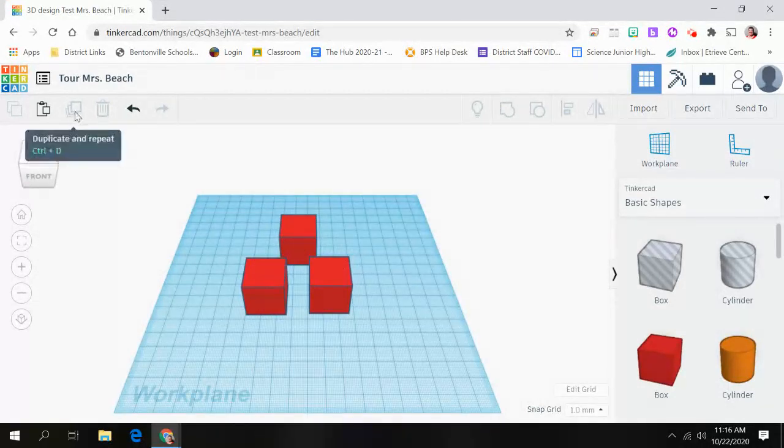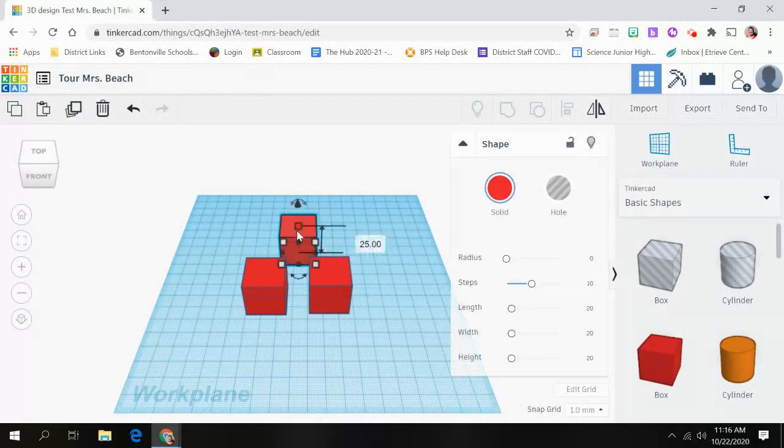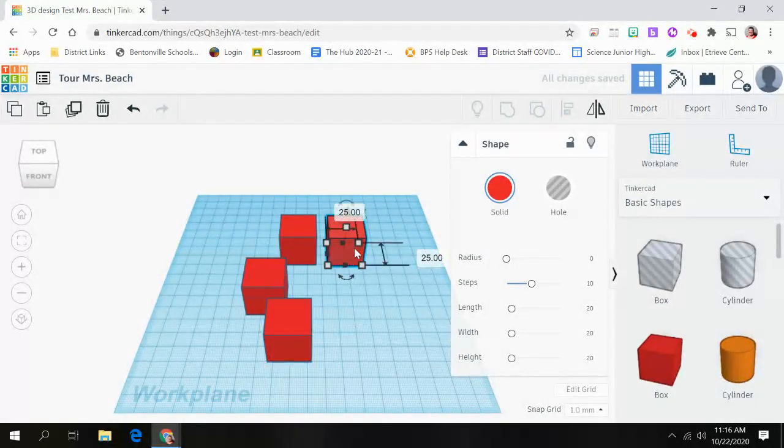Okay, there's also this function that's called duplicate and repeat. So if I were to do duplicate, and you can see it's Control D. So I'm going to duplicate this square. It took this cube and it made another cube in exactly the same place. Okay, now if I take this cube